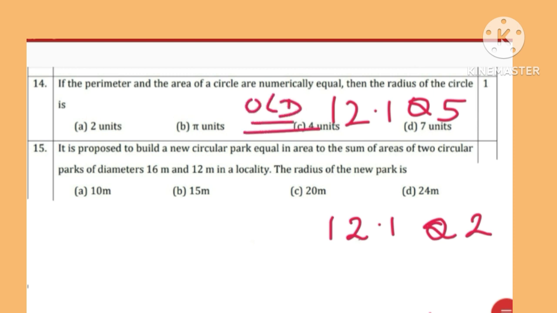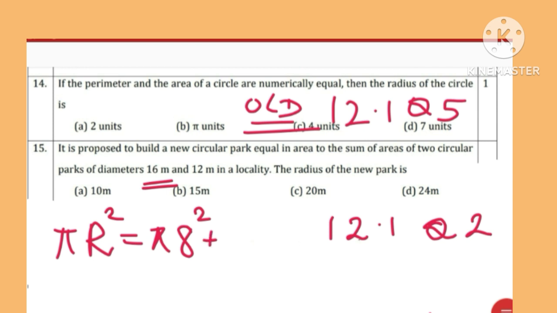Old NCERT. Now let's see this question. It is proposed to build a new park equal in area to the sum of areas of two circles. So let's see, area of the new circle is pi r square. Area of the previous circles will be pi into 8 square, as diameter is 16, plus pi into 6 square